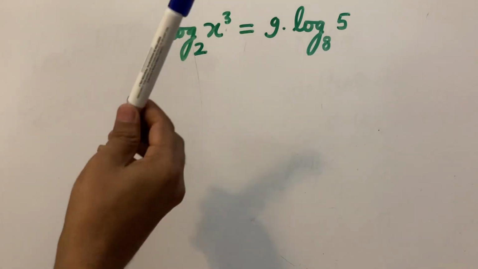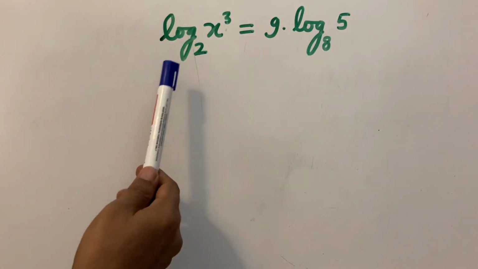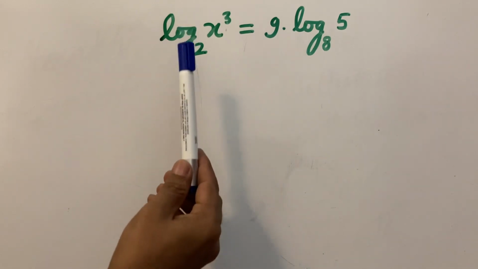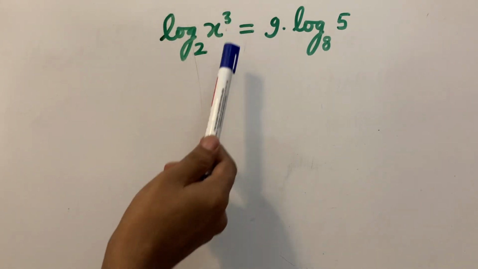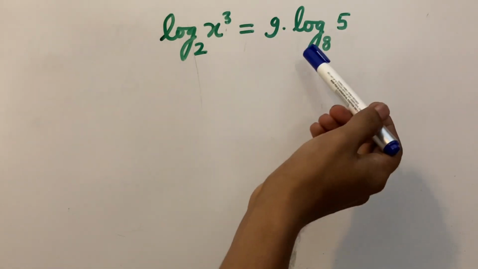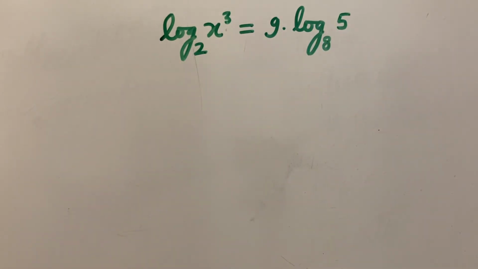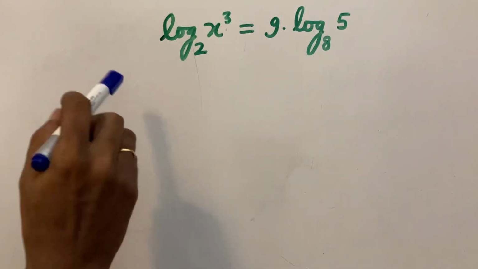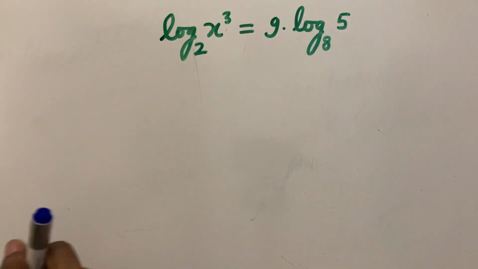This is a basic logarithm problem where the bases of the logs are different. log x to the power 3 base 2 equals 9 log 5 to the base 8. To solve this question, first of all, we are going to use a logarithm rule, that is